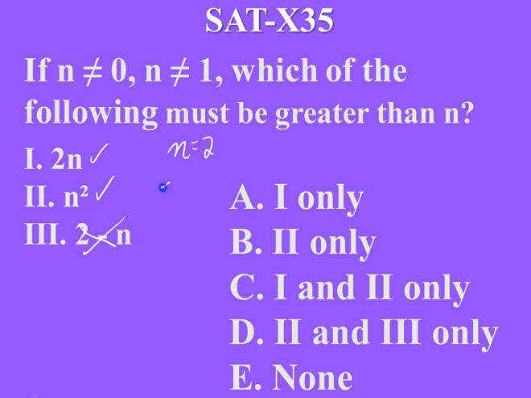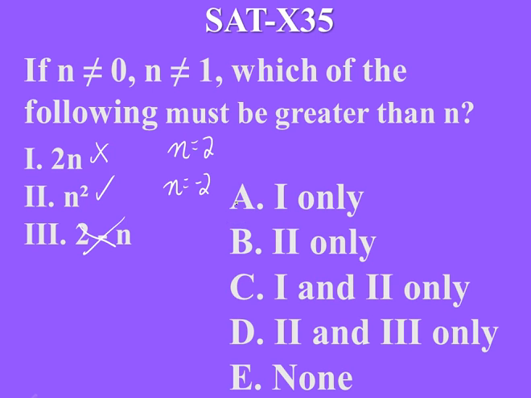But let's consider this. What if n is equal to negative 2? Well, at this point, 2n would be negative 4, and that's not greater. Negative 4 is not greater than negative 2. N squared would be 4, and that is greater. So at this point, the only thing that's greater is n squared. All right, so you may think that the answer is B,